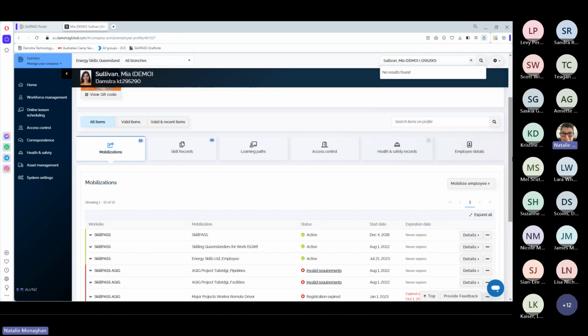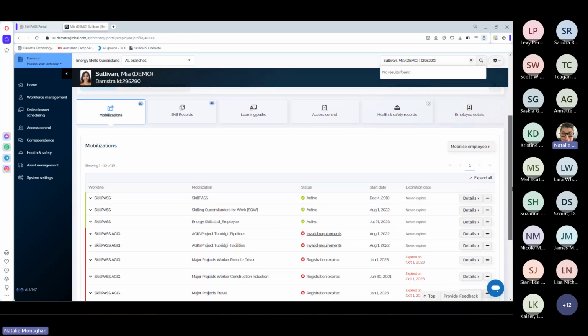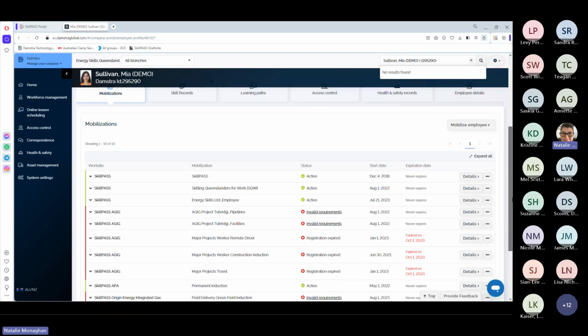At this point, you guys aren't able to continue adding job roles. That'll need to be done by us. So I'm just going to bring this information up. So this person has a mobilization. You can see that it's invalid. And we'll have a look at what the actual requirement is. So in this instance, if we click on it,